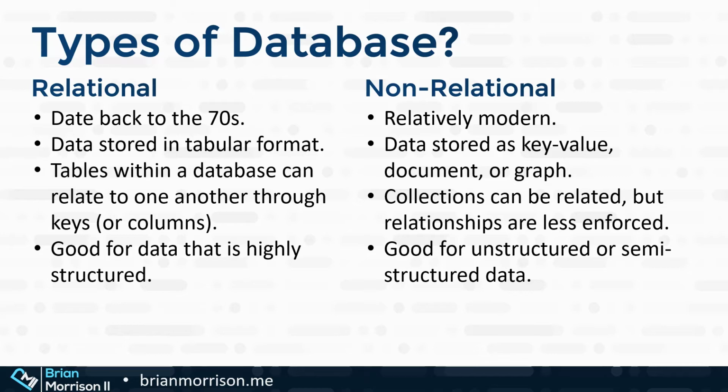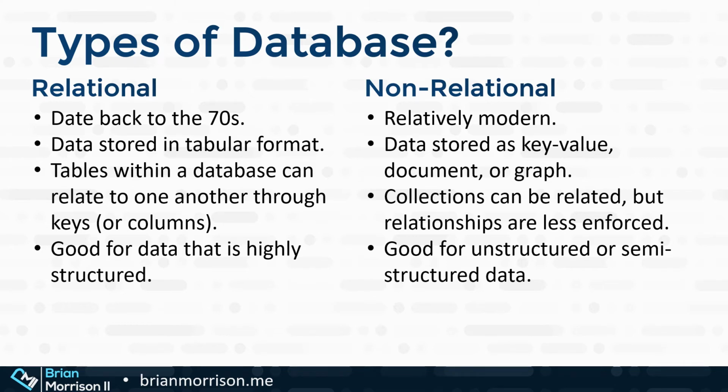Data is stored in a tabular format. If you think of something like an Excel spreadsheet or Google Sheets, data inside of the database is stored in that nature. Tables within a database can relate to one another through keys, also known as columns, so you can link tables and relate the data using those columns. Relational databases are good for highly structured data. So if you have something with a parent-child relationship that will always exist, or some nature of that,